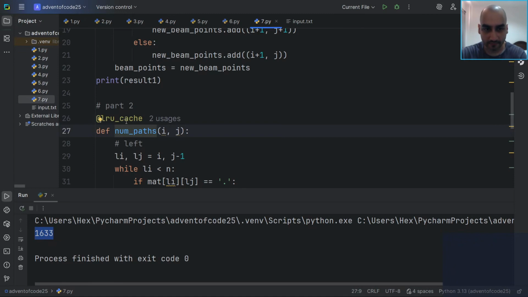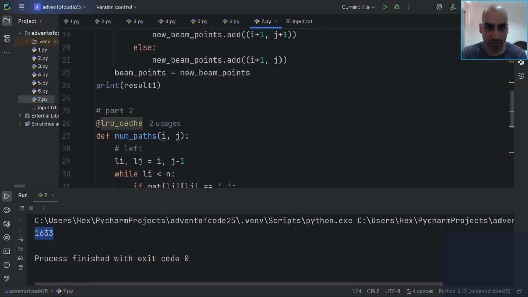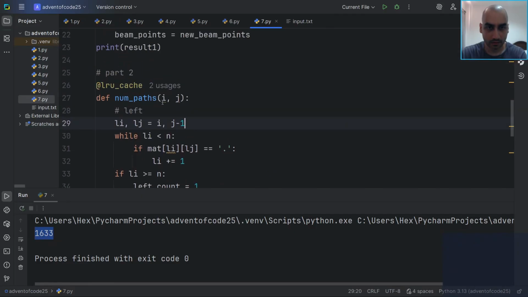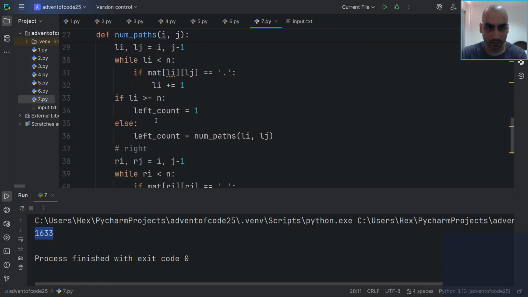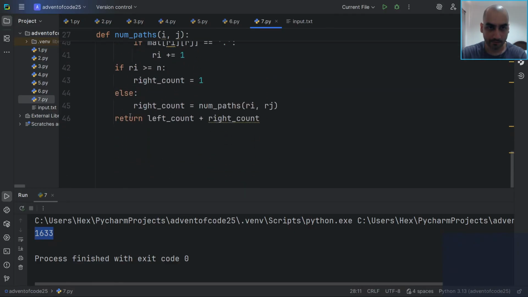You just put that, and we import LRU cache. And now we just print